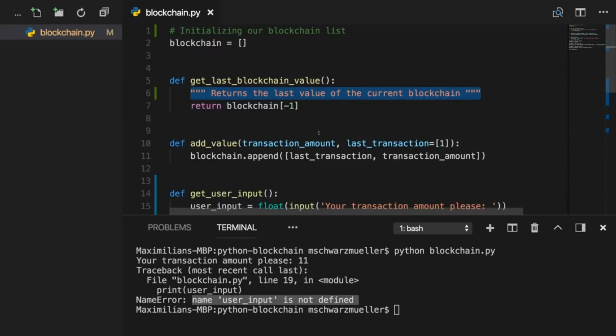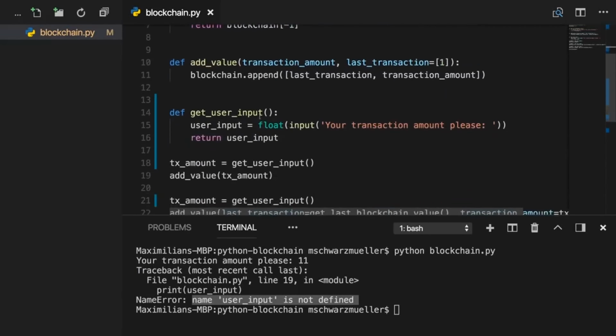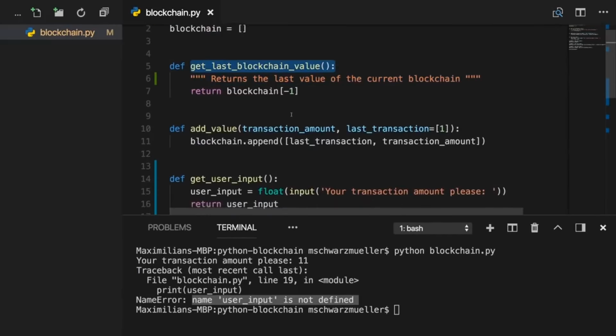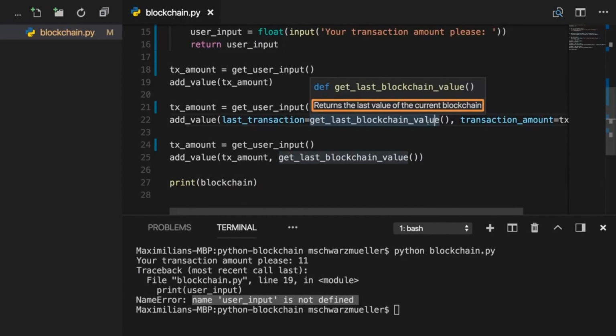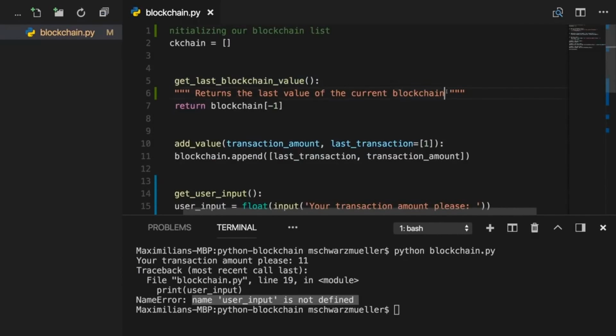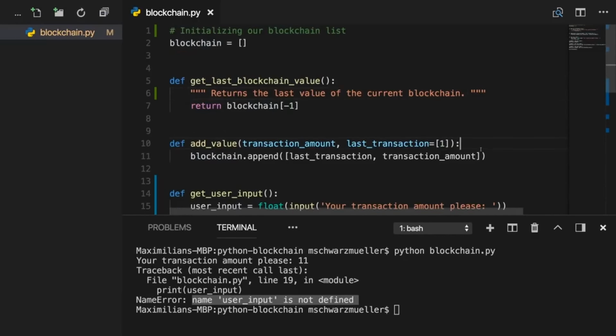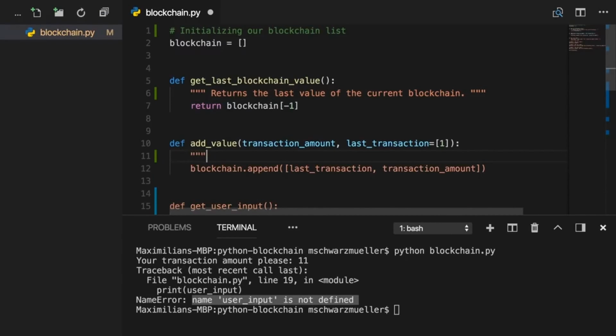It kind of emerged, or it simply is the case now, that we use this syntax to comment our own files or our own functions. So we can use this and add this to a function. And now when we call getLastBlockchainValue, or if we use this in the IDE, we actually get support. As you can see, if I hover over this, here you see the text which I entered above. So that's very handy, especially if you're writing code that is shared with other developers. And it is a good practice to comment your own functions.